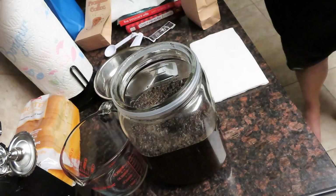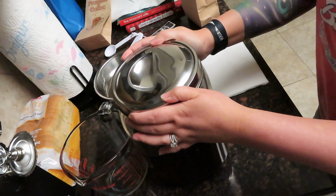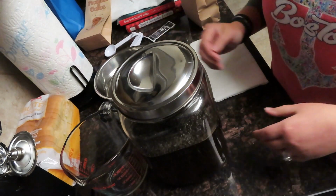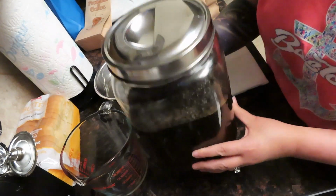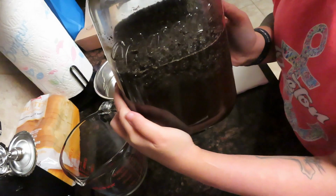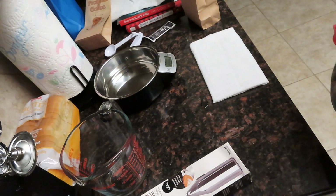Now we're just gonna take this and transfer it with the lid into the fridge, and we're gonna let it sit for, how long are we gonna let it sit for? 18 to 24 hours. Okay, so 18 to 24, and then here it is, our mason jar brand, of course. So there we go. So next we're gonna move on to the actual cream portion,